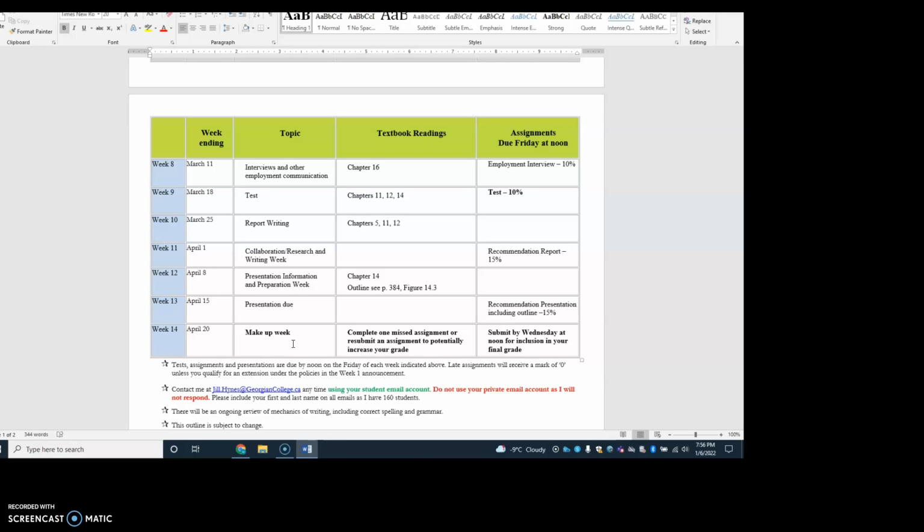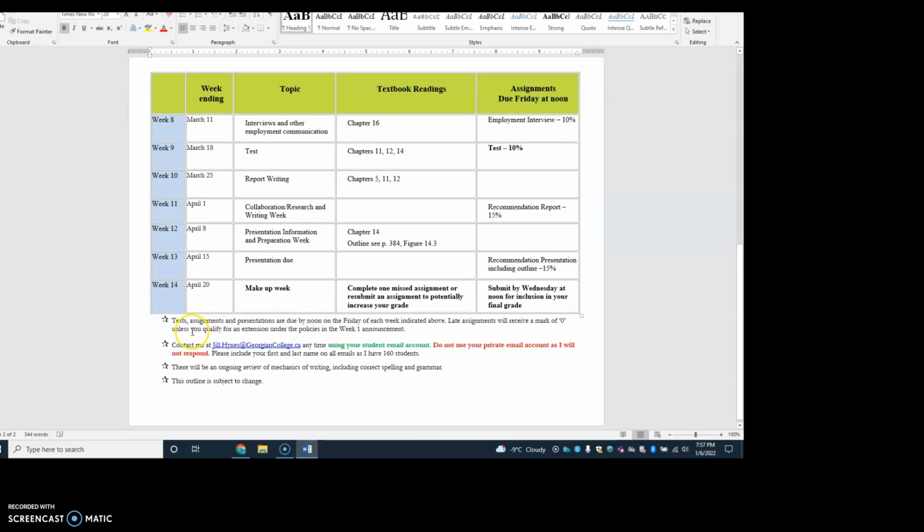It also applies that if you do very poorly on one assignment and that is not acceptable to you, that you will get a chance to edit it and resubmit it. Now this will all happen in week 14, okay? Do not bug me about this in week 10, because who knows what will happen for the rest of the semester. So make sure that it's week 14 that you're aware of this. I will talk about this in the weeks to come, but please just know that when you email me in a panic, I will probably email you back saying, take a breath. You can do this in week 14 to make up for whatever you've missed or went badly.